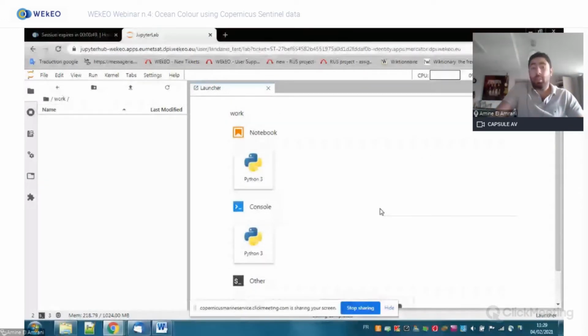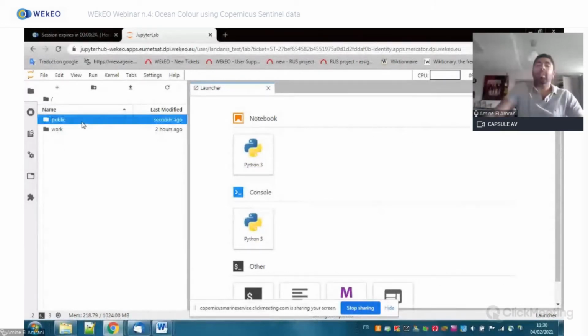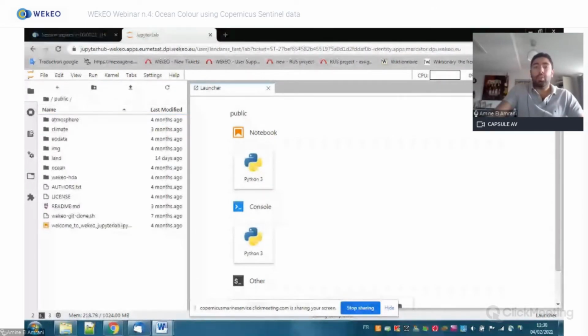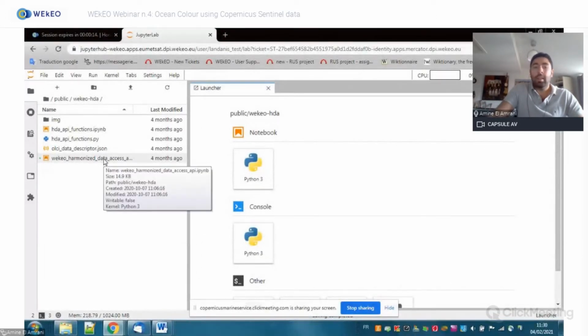You can create a document from scratch by clicking here, or you can play an existing file, which you will most certainly do in the webinars and trainings that you will see. So it comes out as a very useful teaching tool, as code is associated to text and images. I will show you a typical Jupyter notebook, which will be the WEkEO harmonized data access